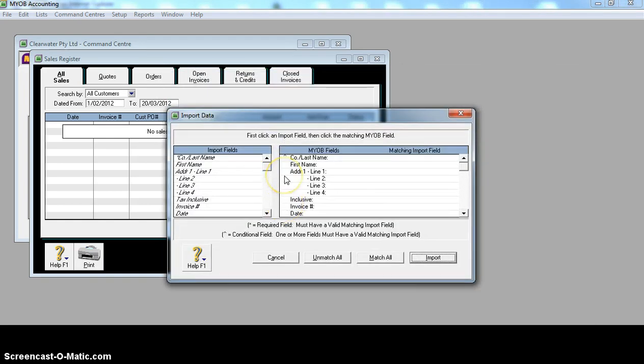Okay, the import data window then brings up, on the left hand side we've got all the fields that have been read in by Myob from my file, so it's found the header record, and over on the right hand side are the corresponding Myob fields. This is a matching process now, so we have to match up the fields on the left with the fields on the right, so it knows where to import the correct columns. The easiest way to do that is just press this match all button down at the bottom,